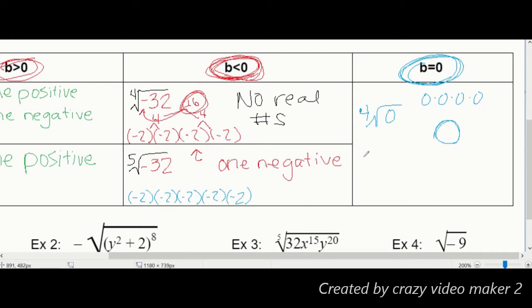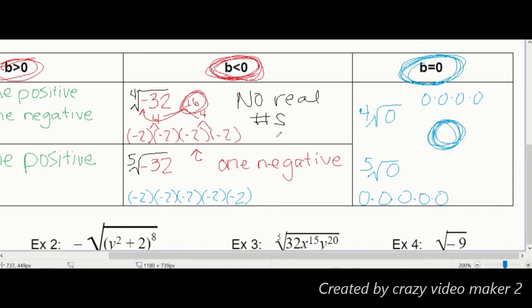And same thing if you have an odd number. Because again, 0 times 0 times 0 times 0 times 0. Doesn't matter how many zeros you have, they're still all just going to equal 0. So no matter what, if you have a 0 on the inside as your radicand, it's going to be 0 as your answer. So then going down to our examples here,